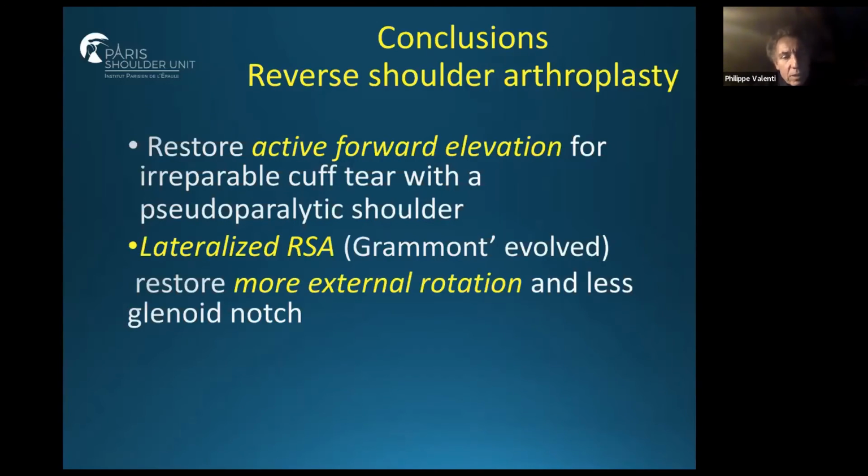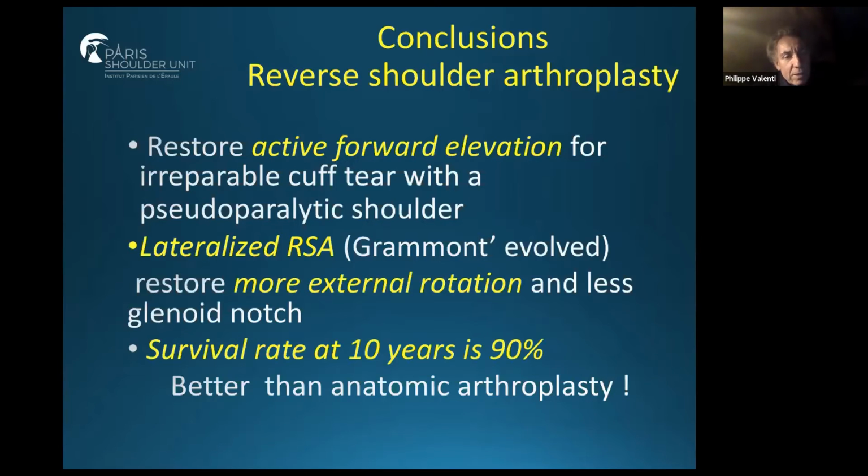And it's very interesting to follow the patient because with more than 10 years follow-up, if we compare the survival rate of reverse arthroplasty with anatomic arthroplasty, we have fewer complications